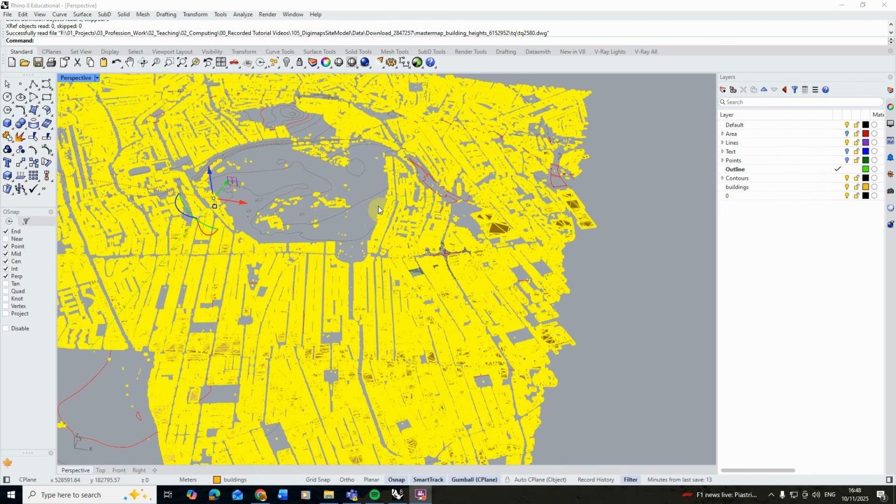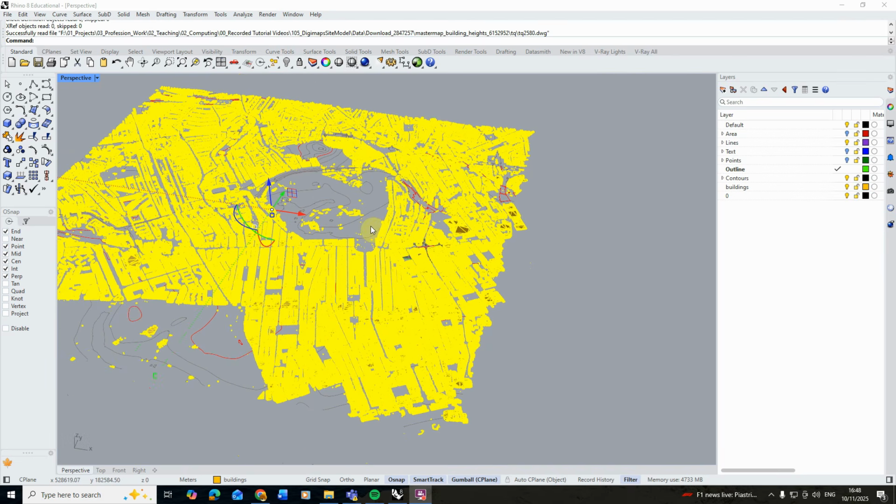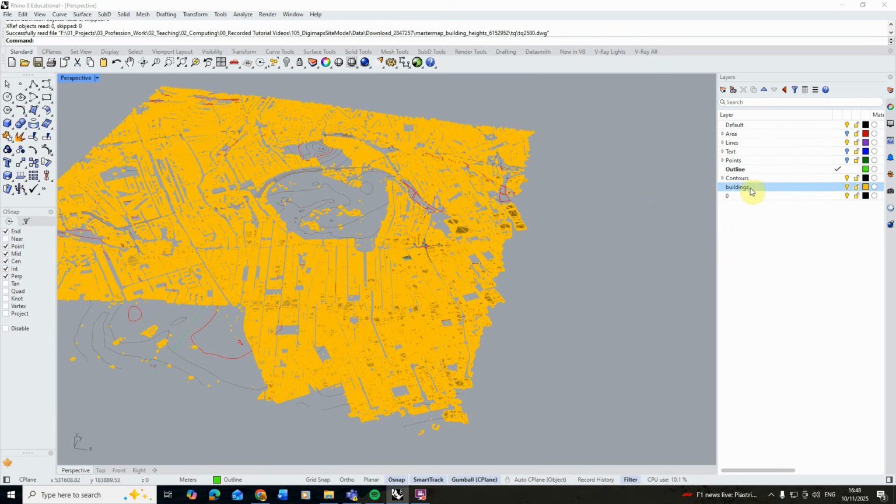Once that's loaded in, it should look something like this. And what you can see is, again, in a similar area to our topography, we've got a much larger area of building information. Now this comes in all on its own layer called buildings for now. So what we're going to do is I'm just going to lock all my other open layers here